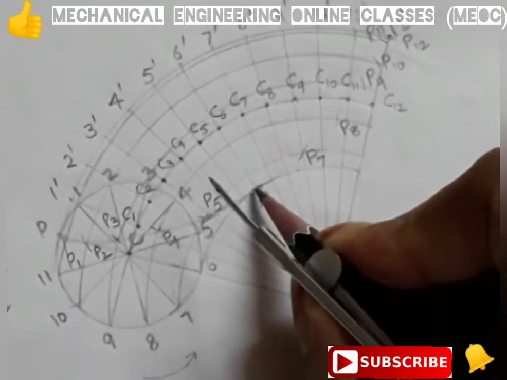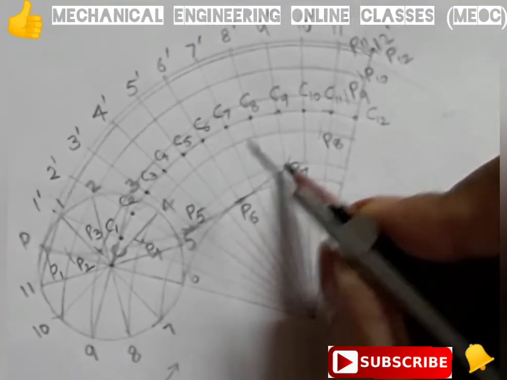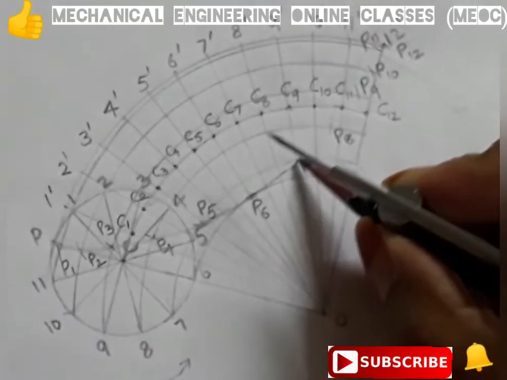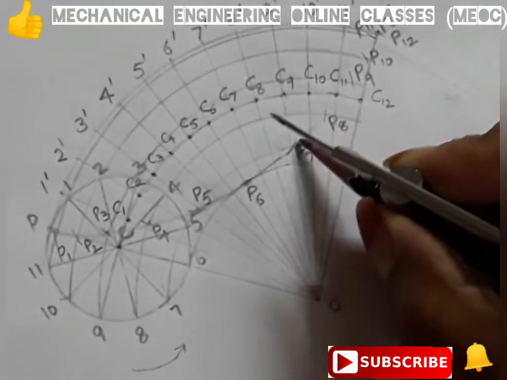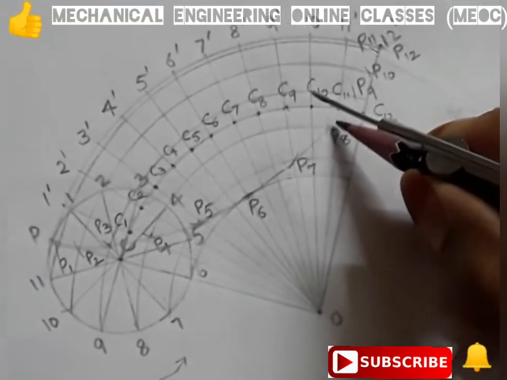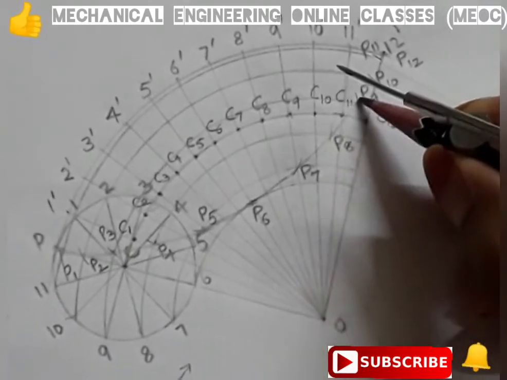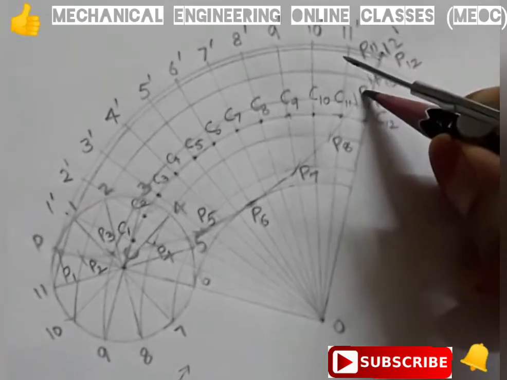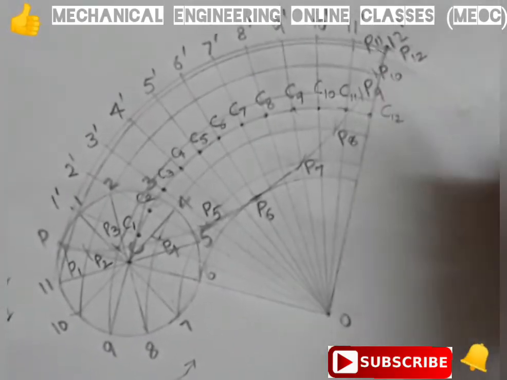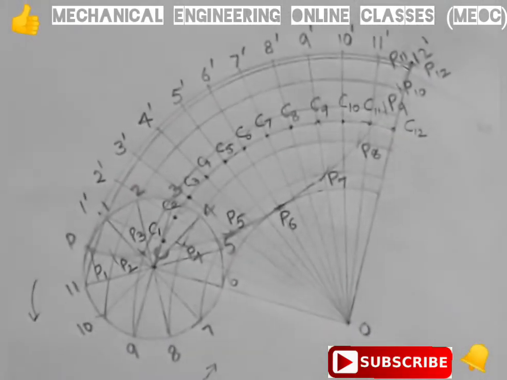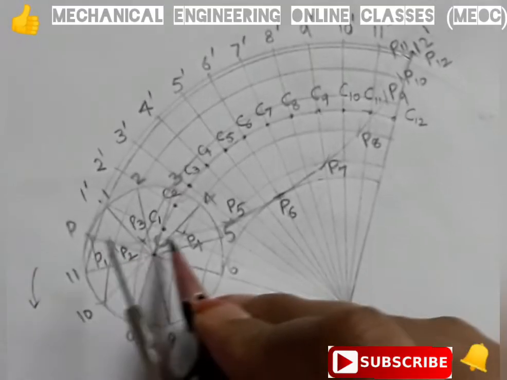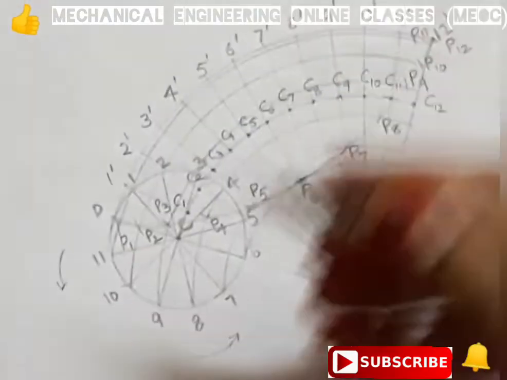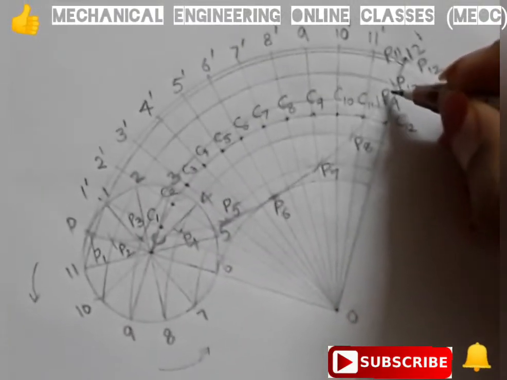Please use very slight pressure on your hand so that the pencil mark will not appear darker. Later on, after you confirm the shape of this curve, you have to darken it with HB pencil. Now I am satisfied with the shape of this curve. It is smooth enough, so I am darkening it with HB pencil.